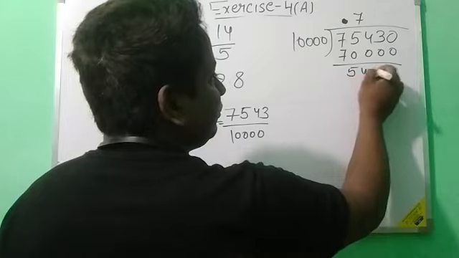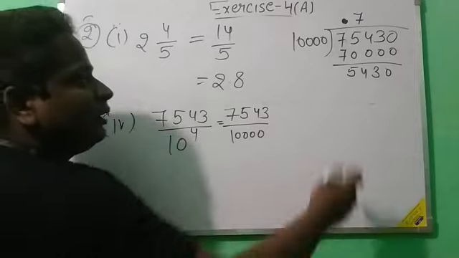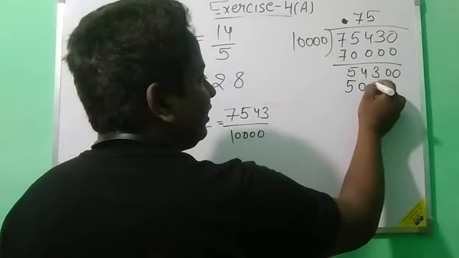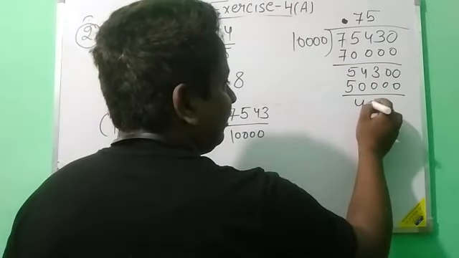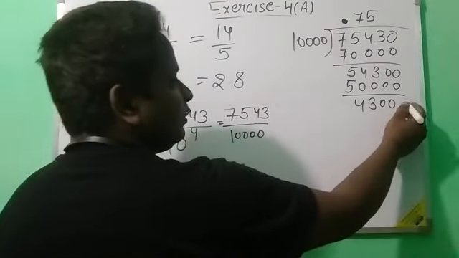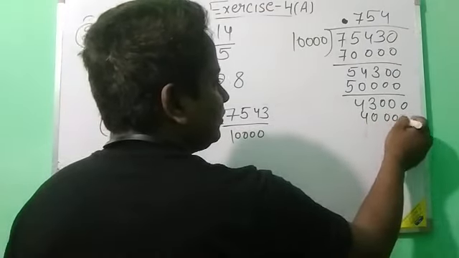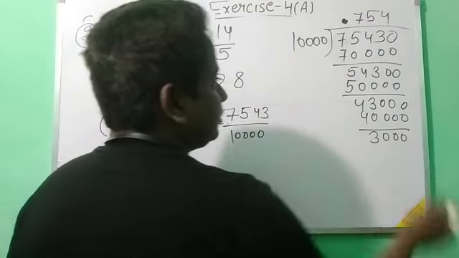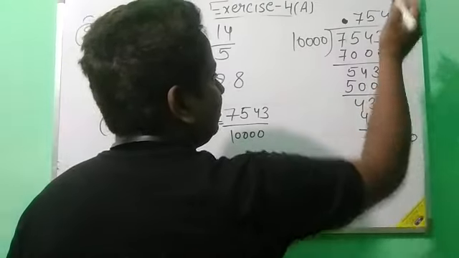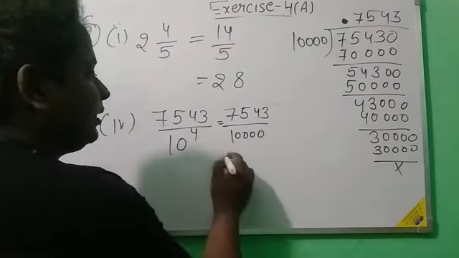It will become 5430. Again this number is less than this, so you will put a 0 here. Now you will write 5, it will become 50,000. Now you will have 4300. Again you will put a 0 because this number is smaller. Now it will go 4 times, it becomes 40,000. You have 3,000 here. Again this number is small, you will put a 0 and 3, it becomes 30,000. Now it is 0. So your answer is